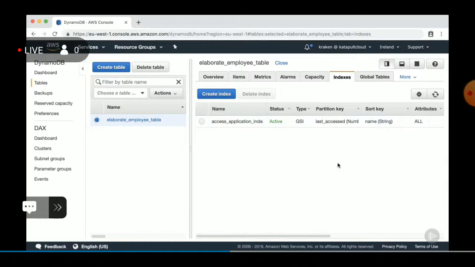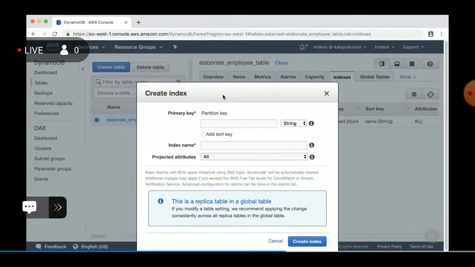The second application requires querying this table to see the position and contract type of every worker. So let's create an index where position is the primary key and contract type is the sort key. That way the application will be able to query the necessary data. So let's create this index. Click again on Create Index. We'll name the primary key